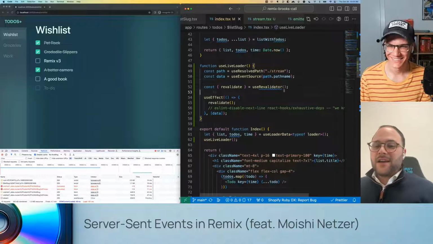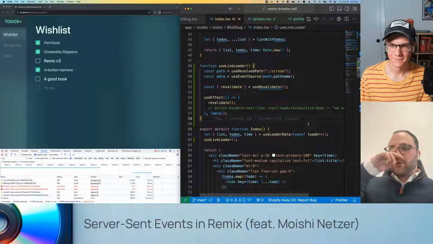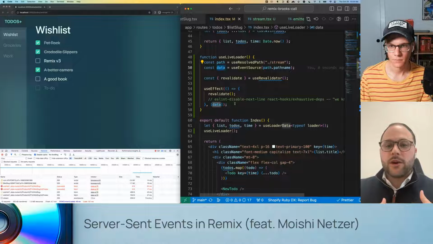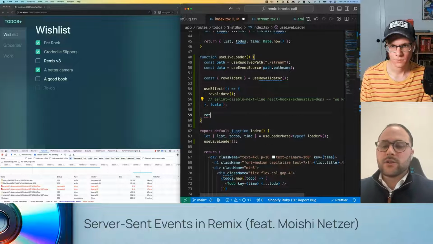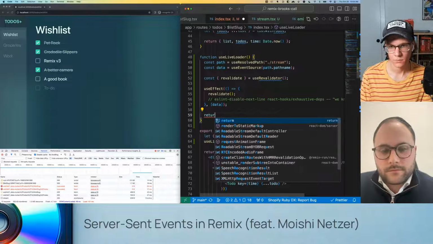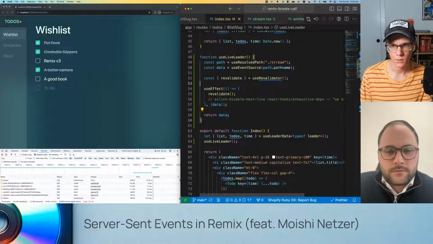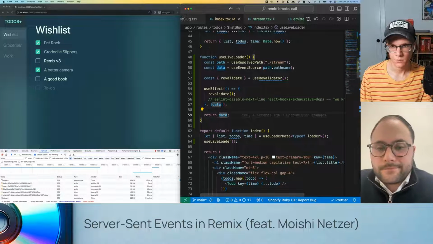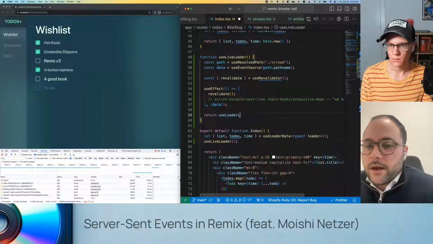And use live loader, but to be honest, every time we're using the live loader, we're also using the loader data itself. So why don't we return from the use live loader the actual loader data? So I would say return use loader data. And so we're returning that hook.